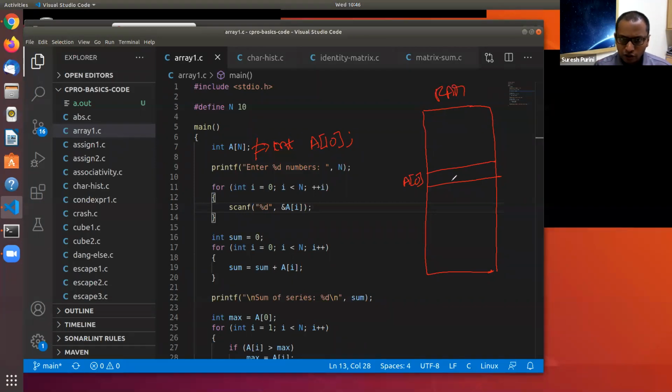Integers are allocated 4 bytes. So a of 0 is allocated 4 bytes, followed by that you have the element a of 1, which is again allocated 4 bytes, a of 2, which is allocated 4 bytes, so on and so forth. And indexing starts from 0 and it ends at 9.